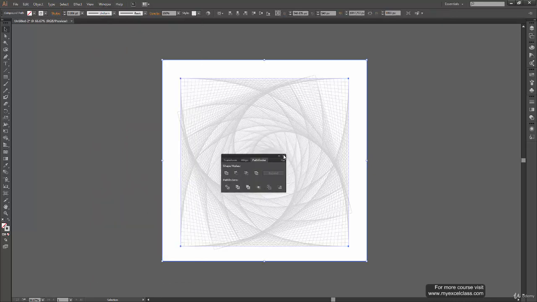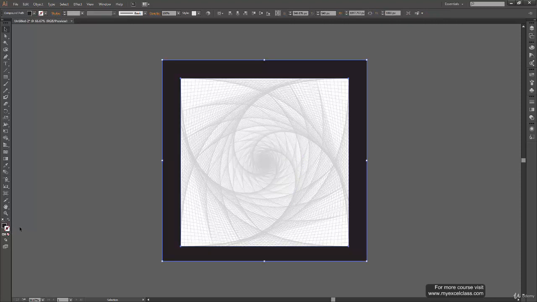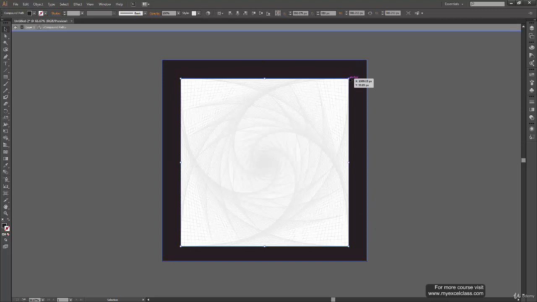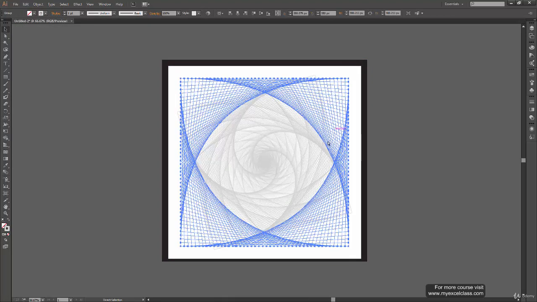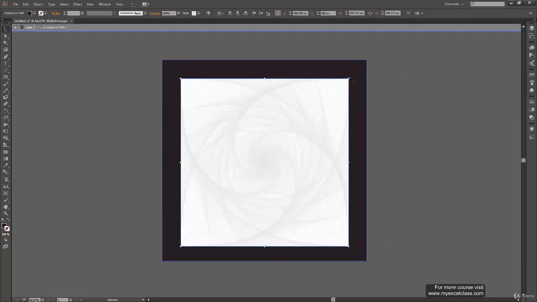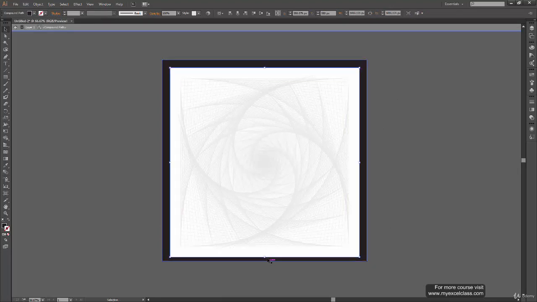Alright, so just subtract it and have a black color inside this. I'll actually reduce this border a bit. It's very thick right now, so this much I think is fine. Again, select the whole design.